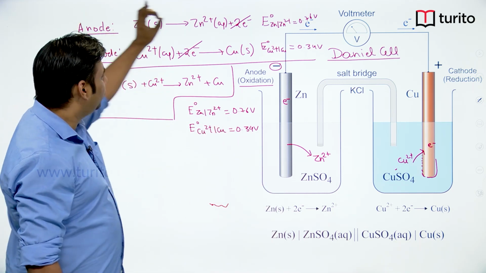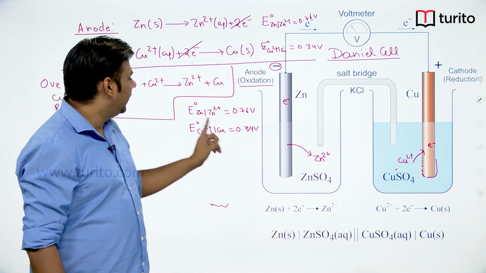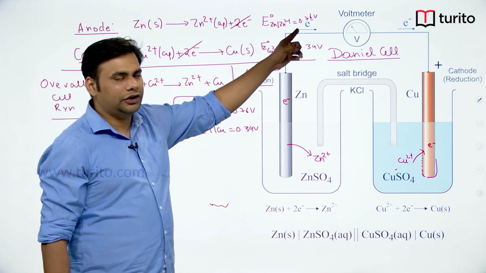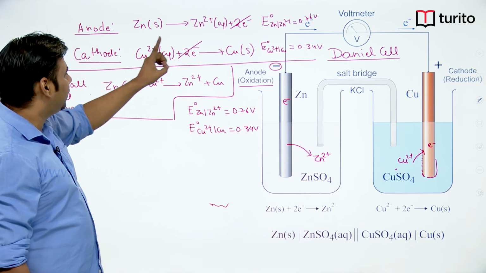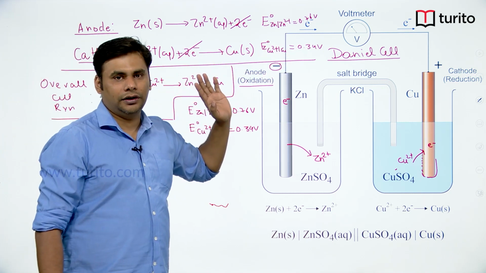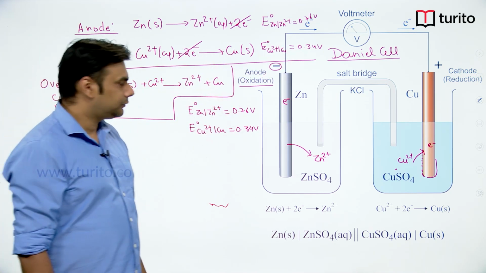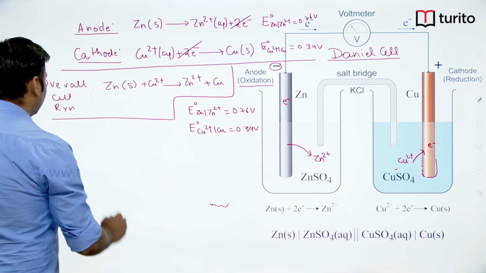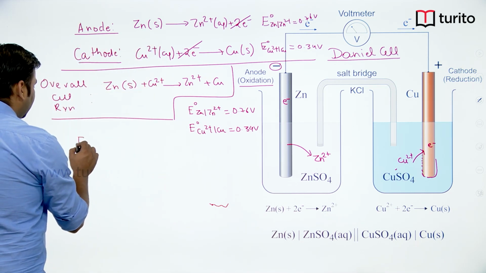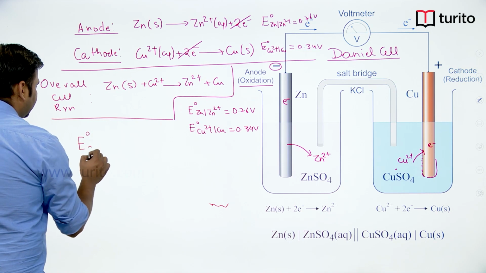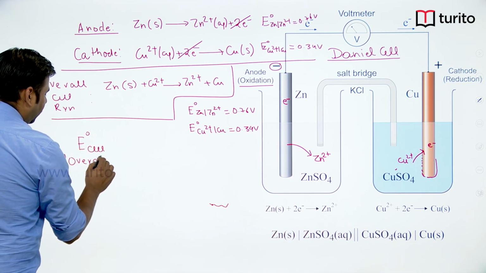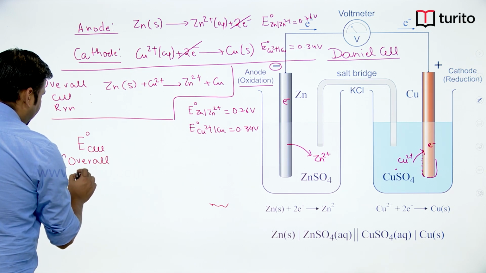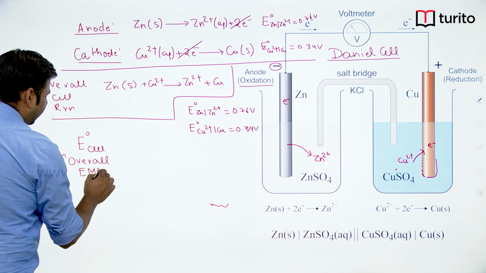So for the anode, because oxidation is taking place, the data given to us is the oxidation potential, so I will write oxidation potential over here. For the cathode, I will just write the reduction potential over here, because at the cathode reduction takes place. Now, if I want to calculate the overall EMF, the overall standard EMF at standard conditions,